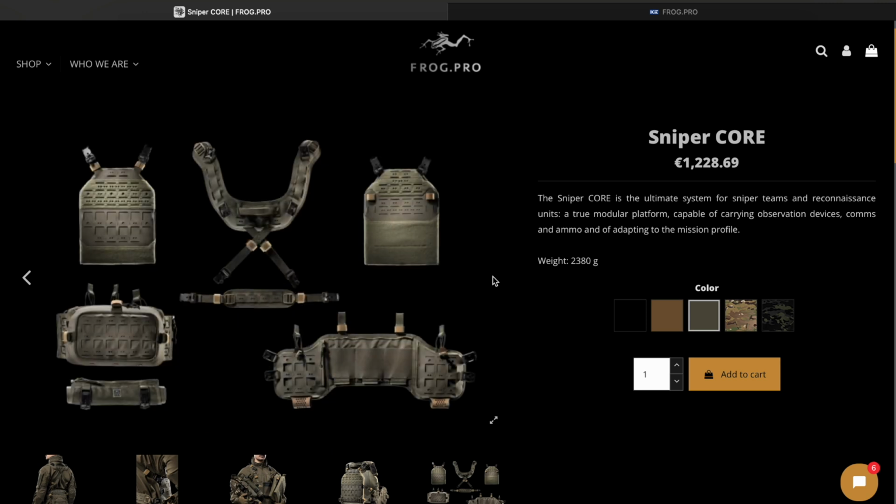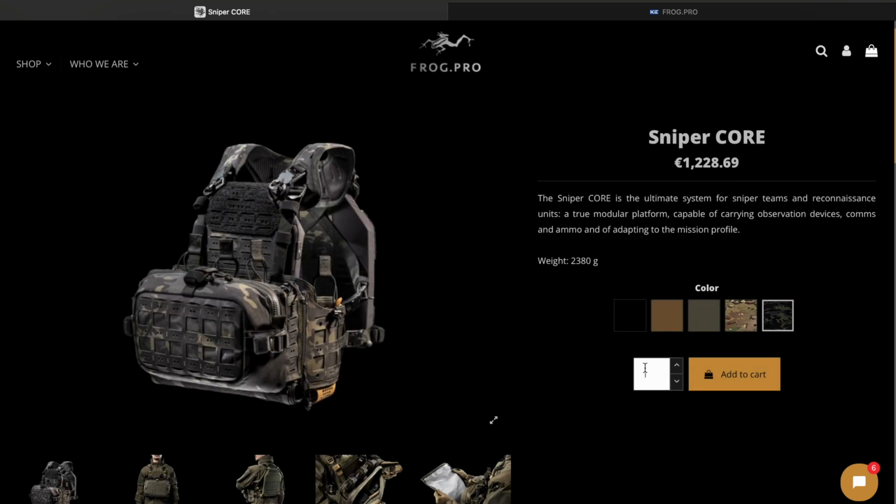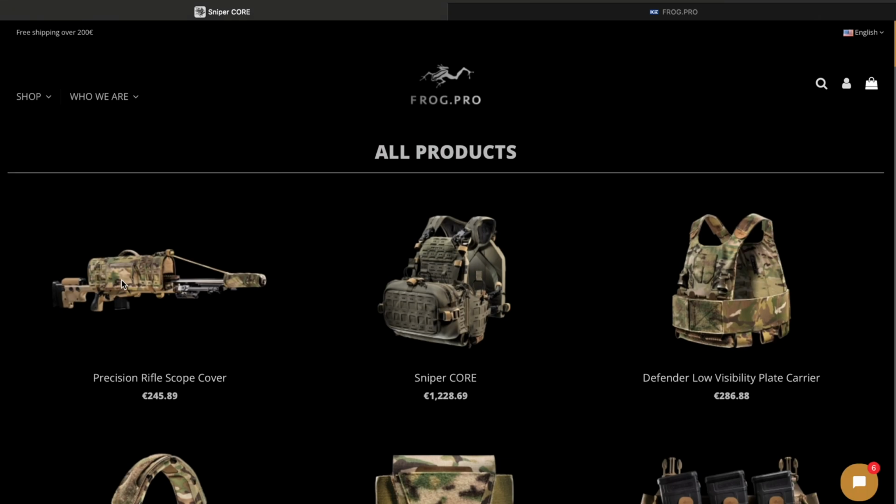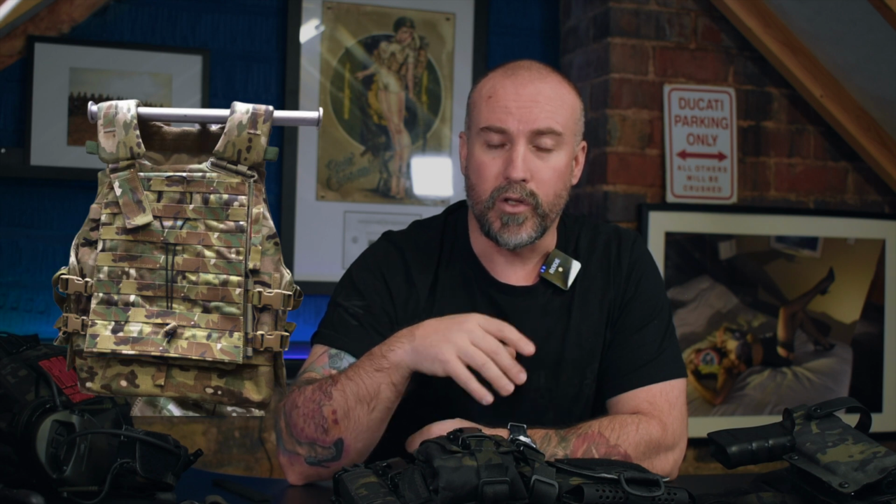And the materials, like I always harp on about from Frog.Pro, are always going to be the dog's nuts. We've got some cool new rifle carry cases as well, which I'd love to get hold of. My next project going forward will be to try and get hold of some more Frog.Pro kit, but in traditional multicam colours, so I can start integrating that with British military equipment, like the Virtus body armour system, and try and polish a turd in that respect, and migrate as much kit as I can over to Frog.Pro